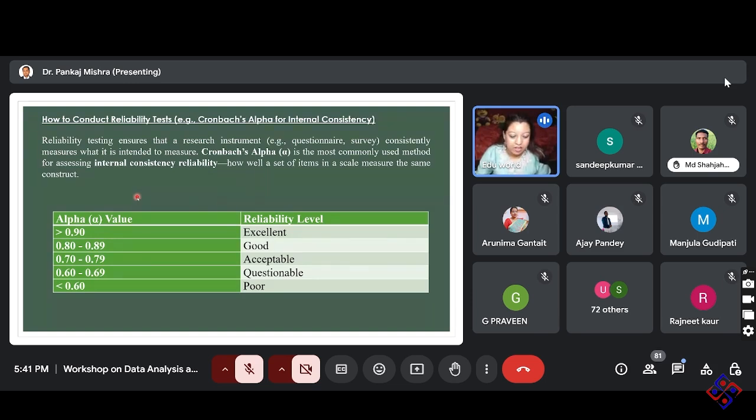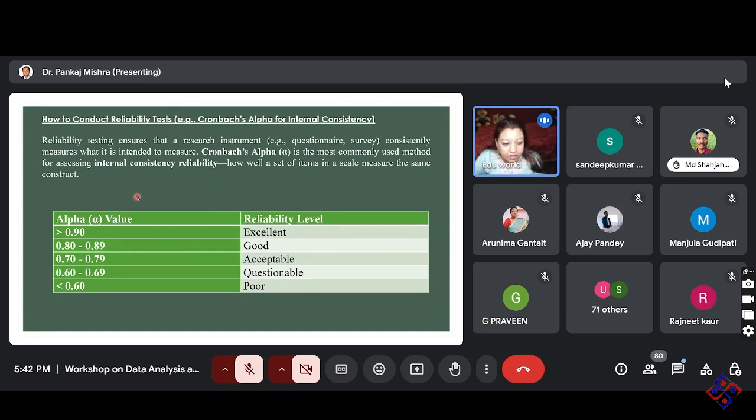Understood what the term reliability means? Reliability is getting the same result if you apply it 100 times, but the situation and the factors in which you apply the scale have to be the same. If they are not the same, then you will get an inconsistent result, meaning the results can vary. Obviously the results will vary. So that is reliability.